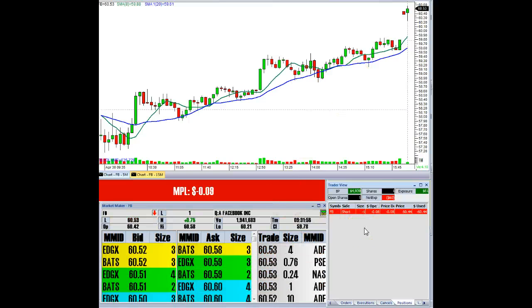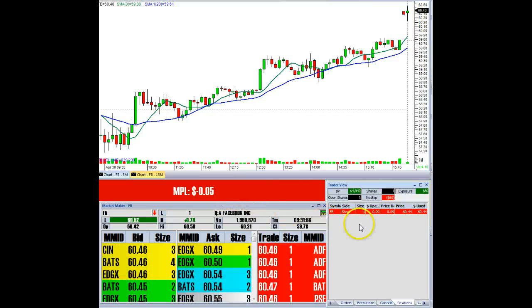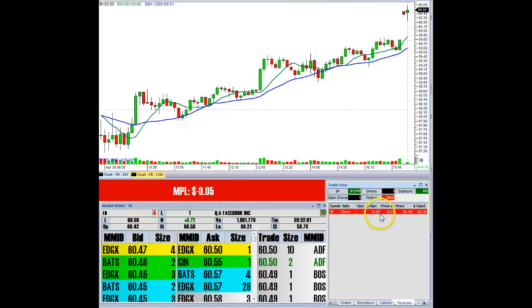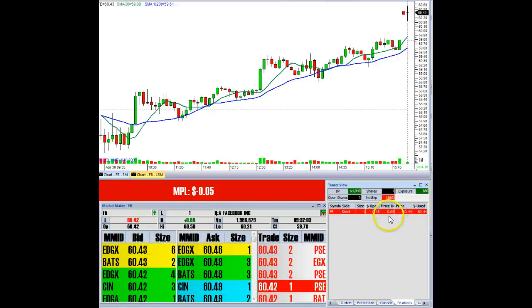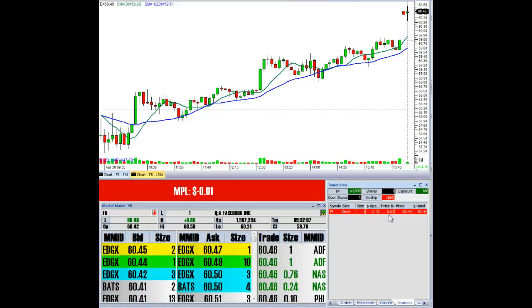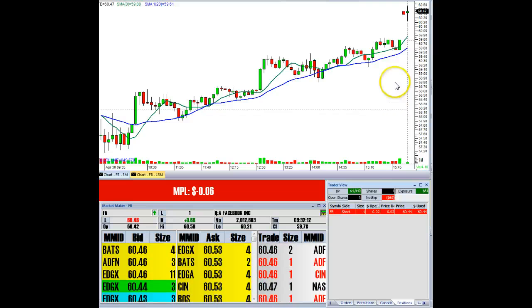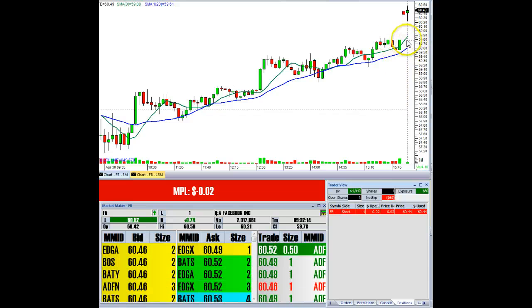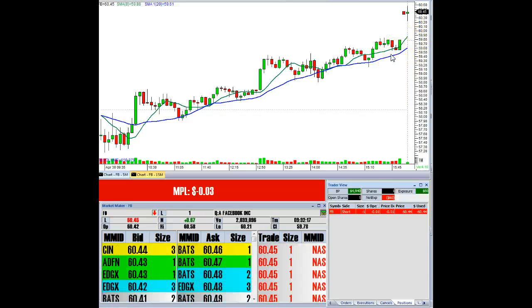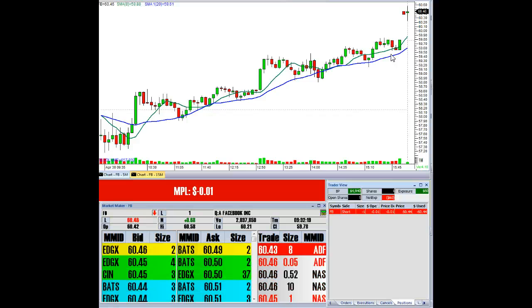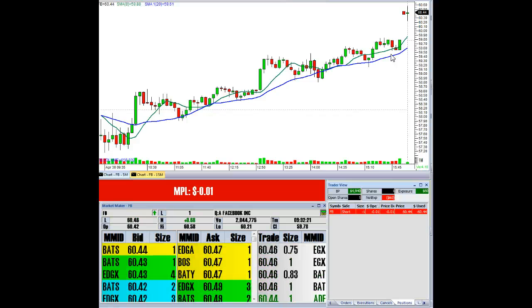So now it's starting to pop and go higher. So now it's going against me. The difference in price from where I got in is a nickel. So if I see that get to 30 cents, then what I do is I short another share. So ultimately, my target is back here at 59.80. That's where I think I want it to get back to. But we'll wait and see. Facebook's just kind of bouncing around right now.